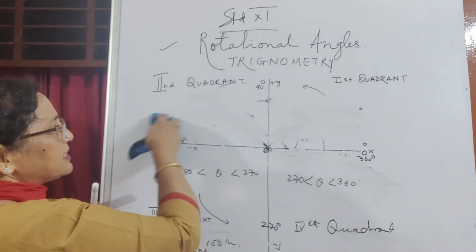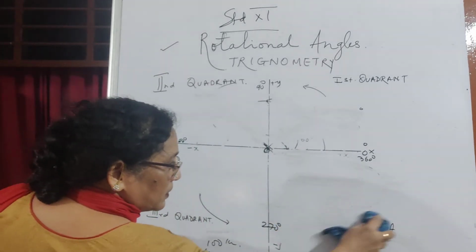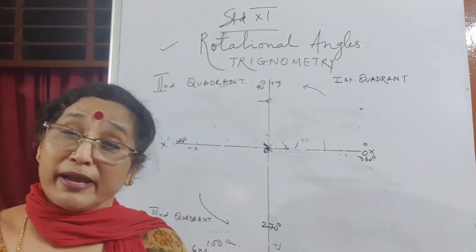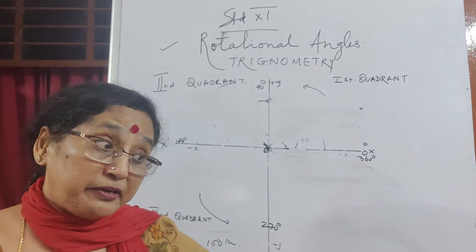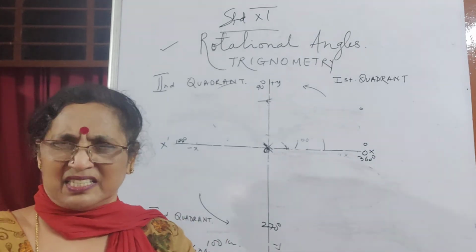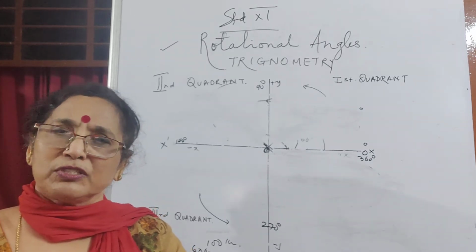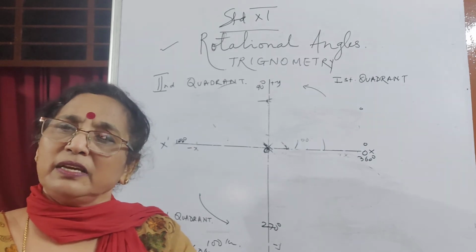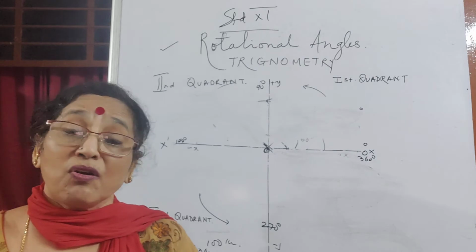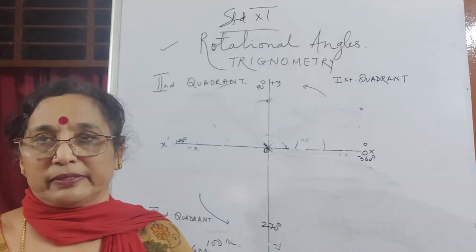Now how come sine 120 is the same as sine 60? Okay? And cos 120 is minus cos 60. And tan 120 is minus tan 60. Why? All are 60s. Sine of 120, cos of 120 and tan of 120 are respectively sine 60, cos 60 and tan 60. But in tan and cos, you have a negative value, and in sine you have a positive value. Now we'll see why that is.